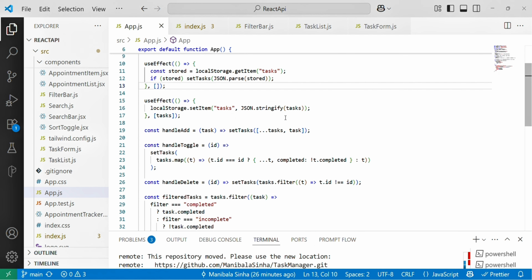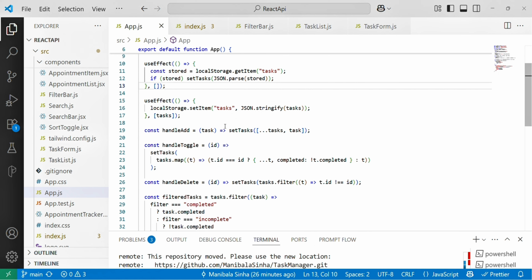updates state if available. And the next effect is to save tasks to local storage on update. So here I have used setItem. So it runs whenever tasks changes. So when it changes, then setItem and JSON.stringify, and I have given the tasks.